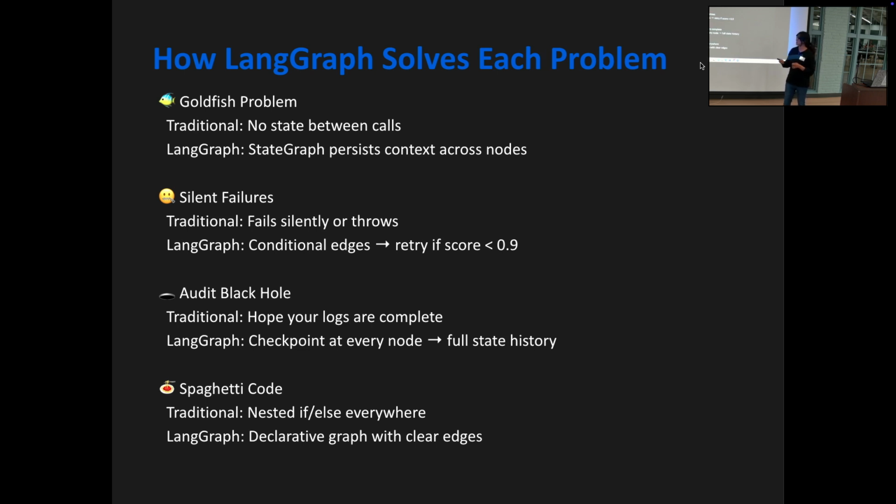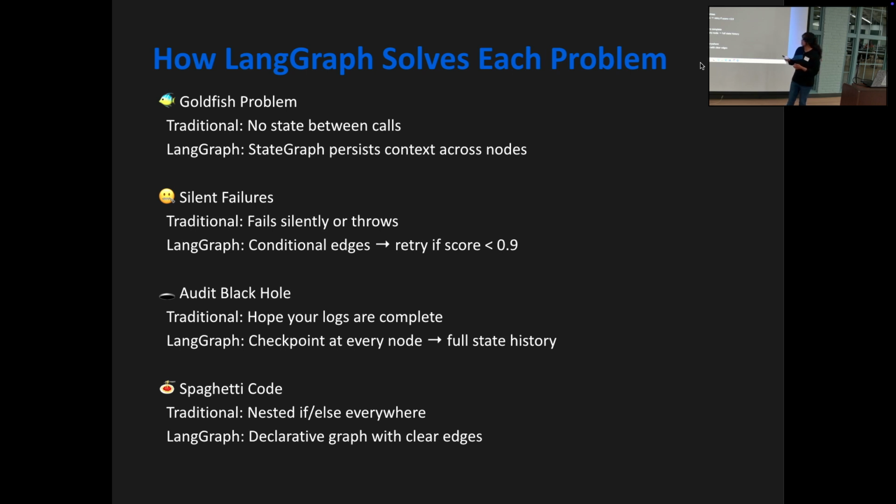Then silent failures. This is something which we still see in our enterprise applications, because the users might not know that the bot is giving a wrong response unless they actually see the documents that have been used for it. So LangGraph could use conditional edges, where it checks a specific condition and sees if the threshold is less, then you would just go to a different edge. This kind of orchestration is going to be really difficult if we were to do it in a custom manner.